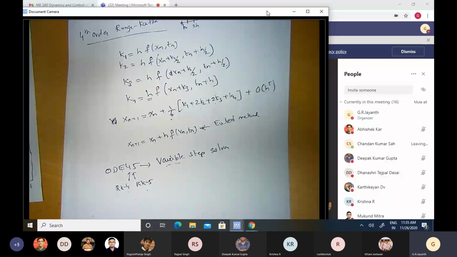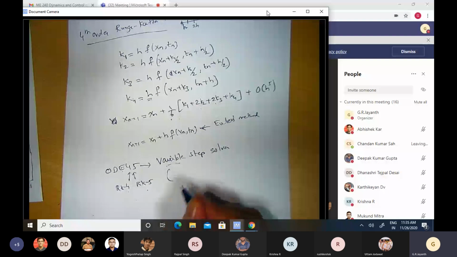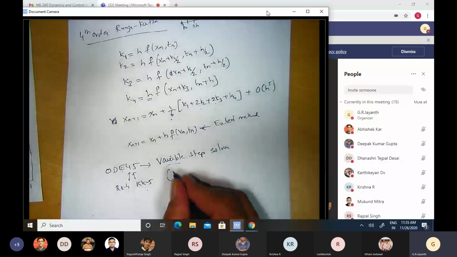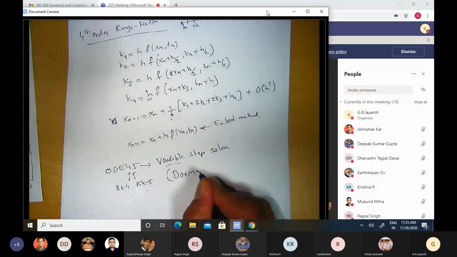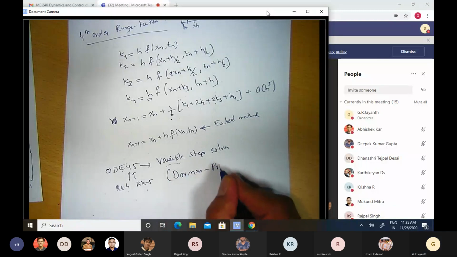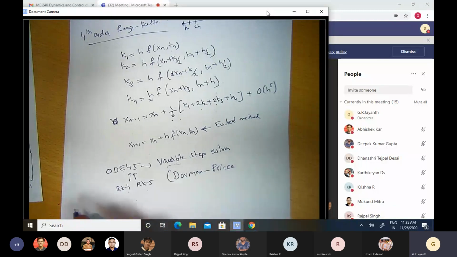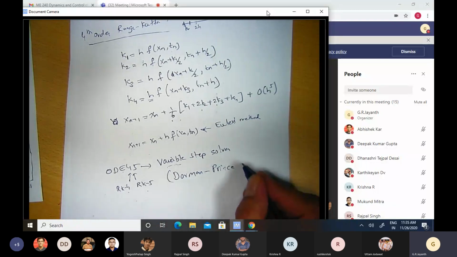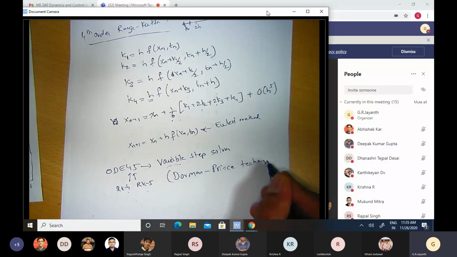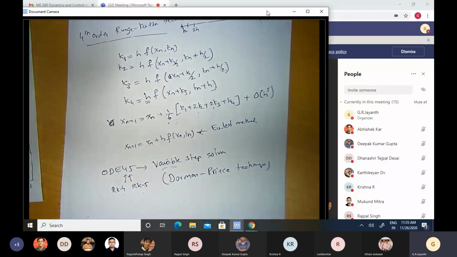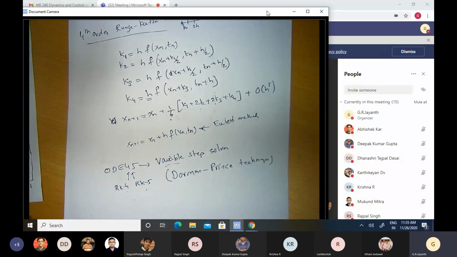Okay, so this procedure was developed by two other mathematicians by name Dormand and Prince. So MATLAB therefore uses the Dormand-Prince technique to solve the problem. Dormand-Prince comes under the umbrella of Runge-Kutta techniques. Okay, there are other techniques also which use multi-steps for solving this problem. So one method, I am just putting out the names there so that you are aware of them.